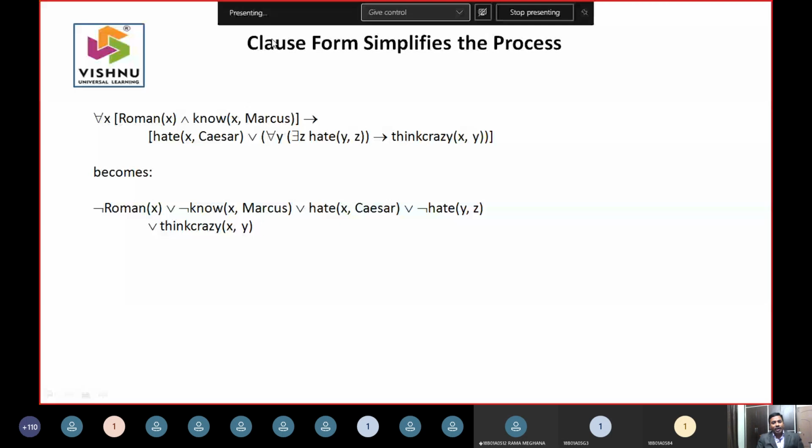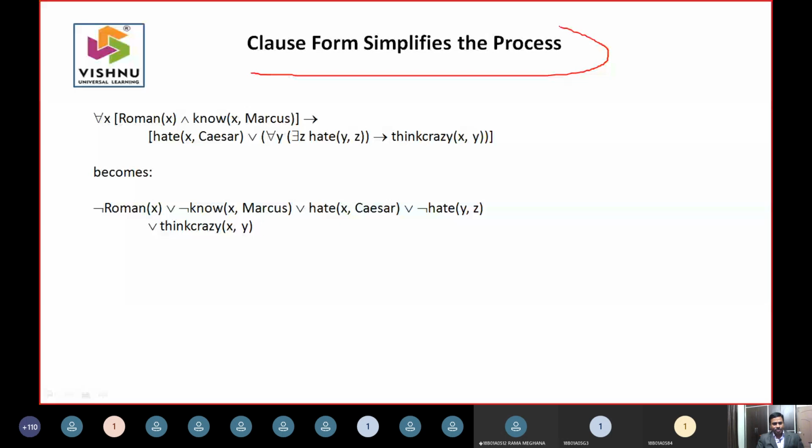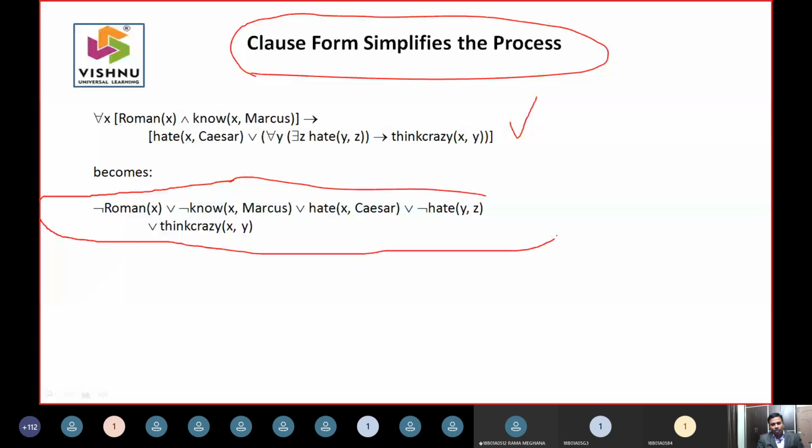Why do you need to have a clause form? The textbook says why you need to convert first order logic into clause form. If you have something like this in first order logic, this is the output you get in the clause form. In your clause form, if you remember yesterday, there are no quantifiers. There is no need to keep all these quantifiers, and you have to remove this implication by using negation of P or Q. So then this implication is removed here, and the quantifiers are removed here.